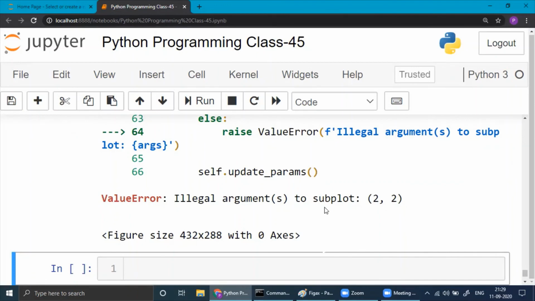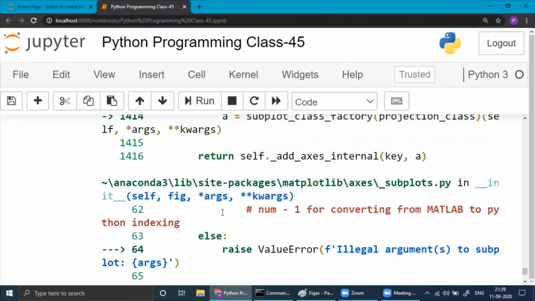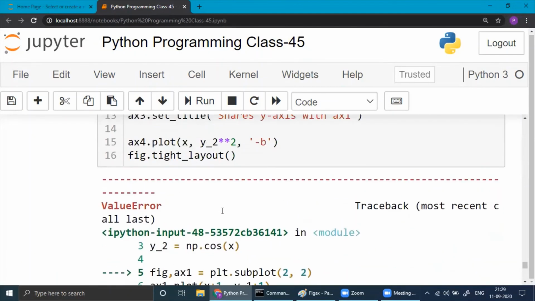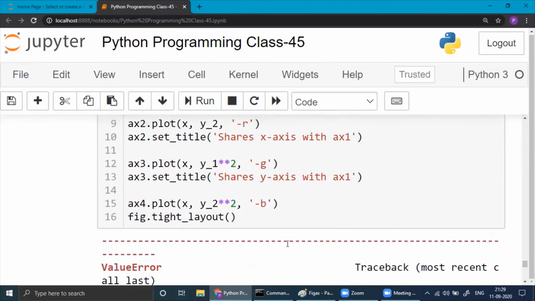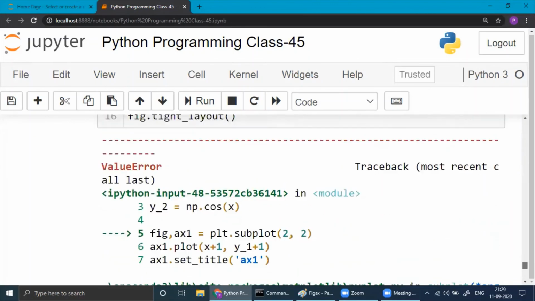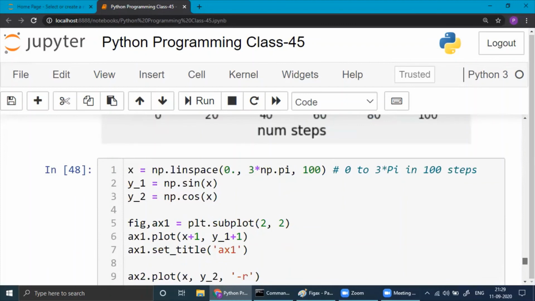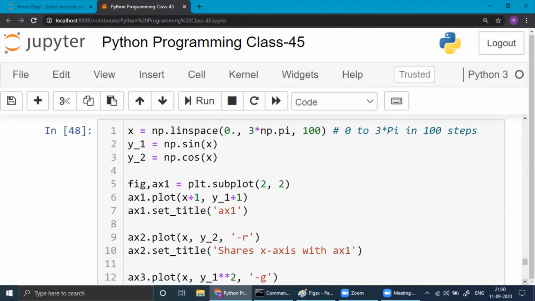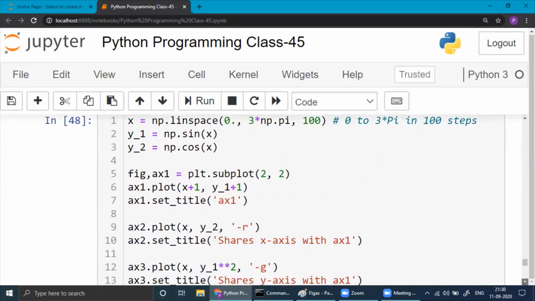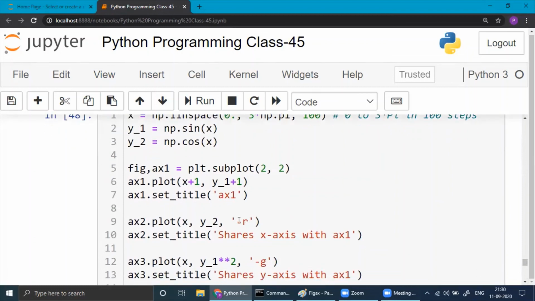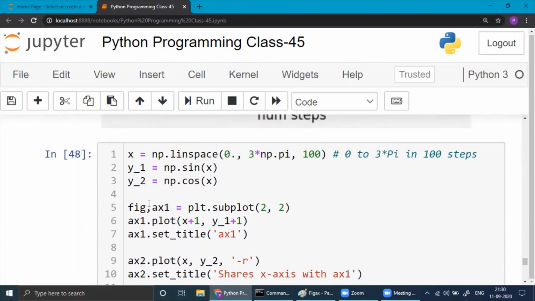Illegal arguments to subplot. Let me check once again. Oh, okay.